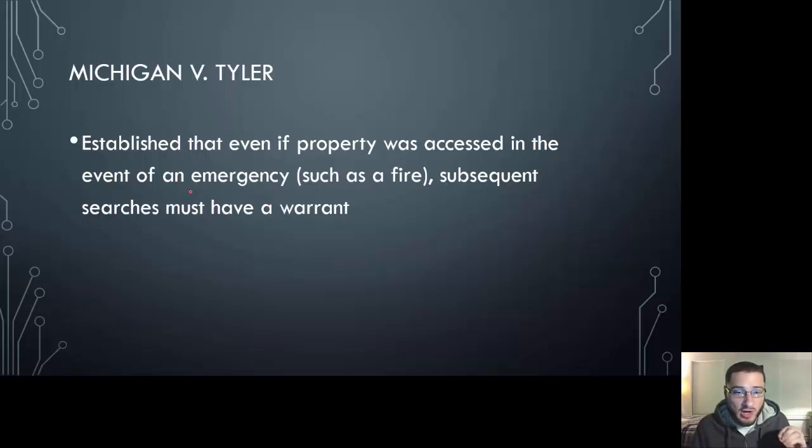So while you're there for the emergency, it burning down, you put out the fire, and then you collect a lot of evidence. Nowadays you're going to collect as much evidence as you can to prove that it was arson or whatever you think it was, and then move on from there. But if you didn't collect all the evidence, then you need a warrant. So in this case, they did not get a warrant, and they had to throw out all of that evidence